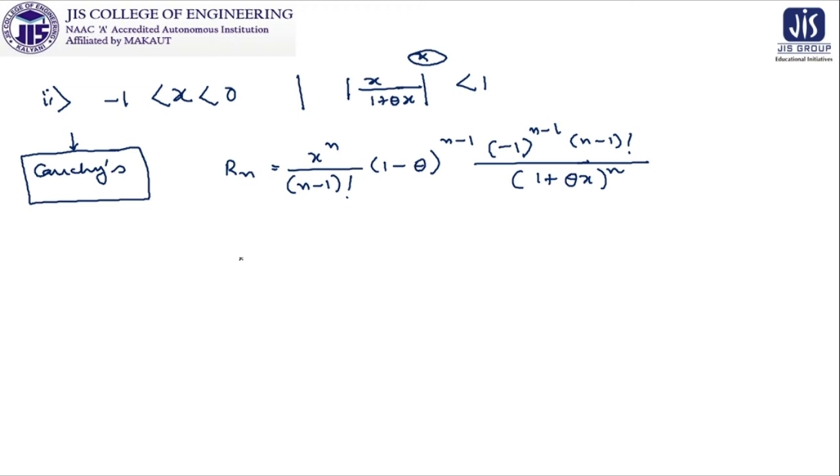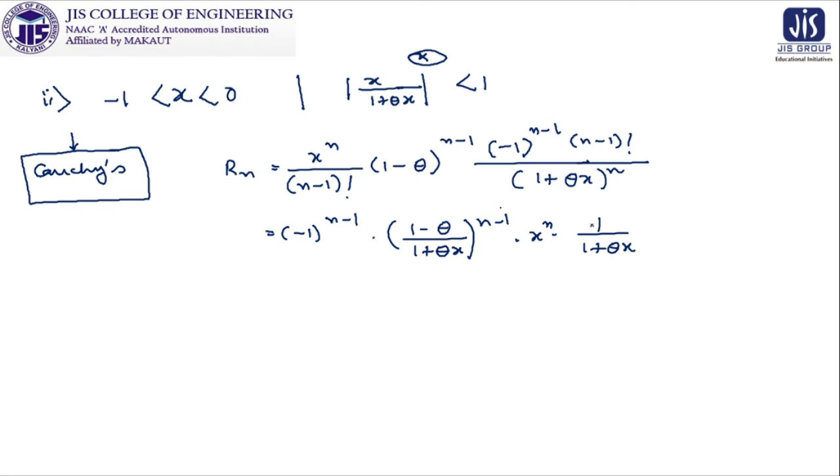Now after putting and simplifying this particular part, we can write it as (minus 1) to the power n minus 1 taken in the first part, then (1 minus theta) to the power n minus 1 and (1 plus theta x) to the power n is distributed as, please look at the calculation technique, n minus 1, then (1 minus theta) by (1 plus theta x) whole to the power n minus 1. So 1 plus theta x is 1 extra in the denominator part. We will adjust it by writing it as 1 by (1 plus theta x).